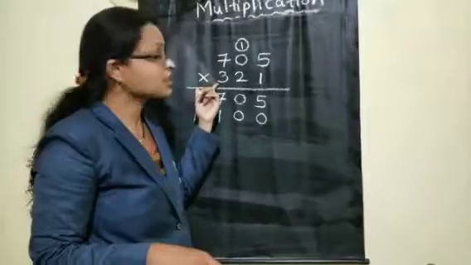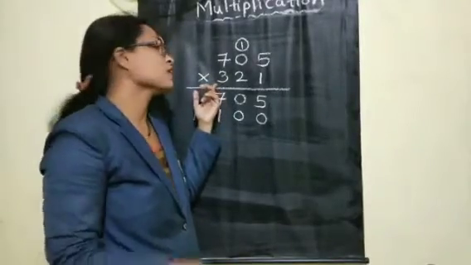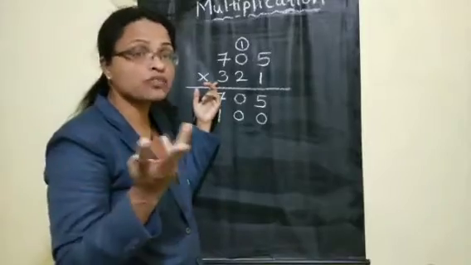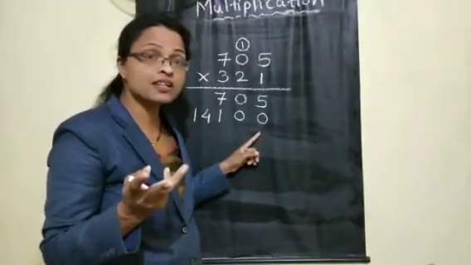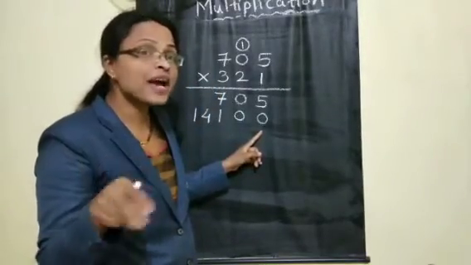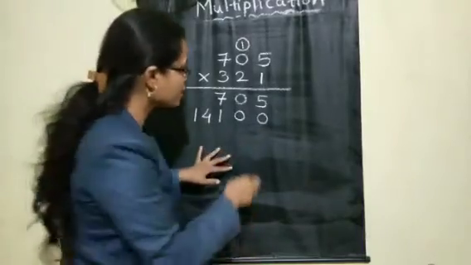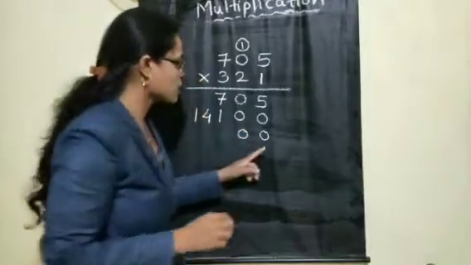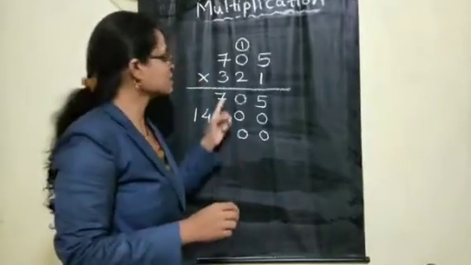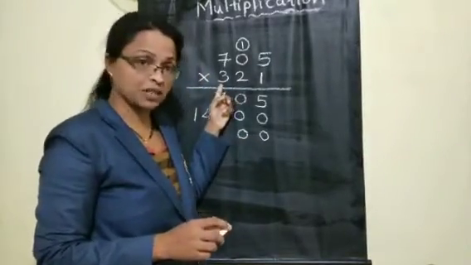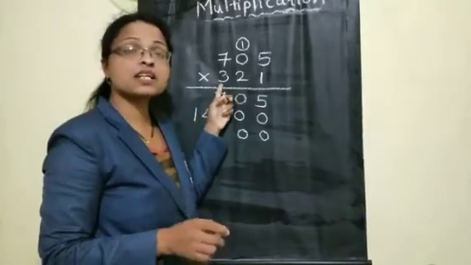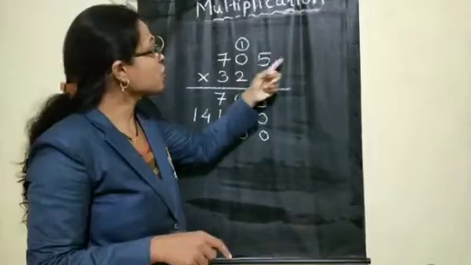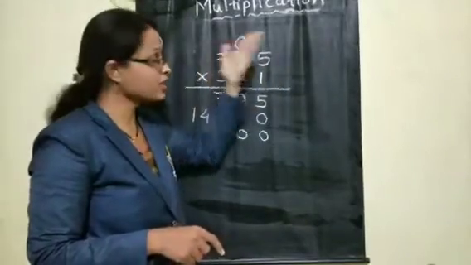Now let us move to the 100 place number. Before starting the 100 place multiplication, what do we have to do in the third step, children? How many zeros do we have to add? 2. Compulsorily we are putting here 2 zeros. Ones place and tens place. And now we'll start with the 100 place multiplication. Which number is present in the 100 place? Number 3 downside. Now let us multiply with 3 all the numbers upside from the ones place.